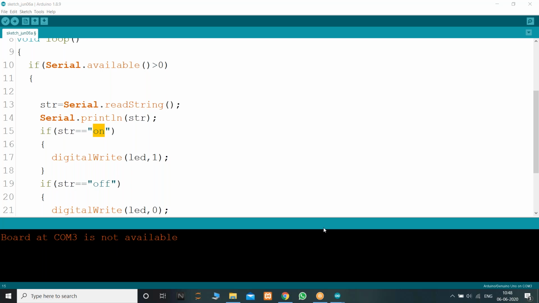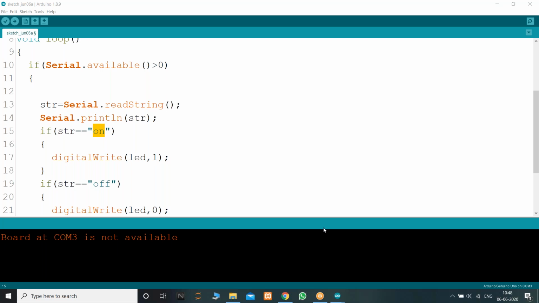So I'll give you a couple of tasks regarding serial communication. Until now we controlled a single LED using the on and off commands. Now I want you to control 3 or 4 LEDs.